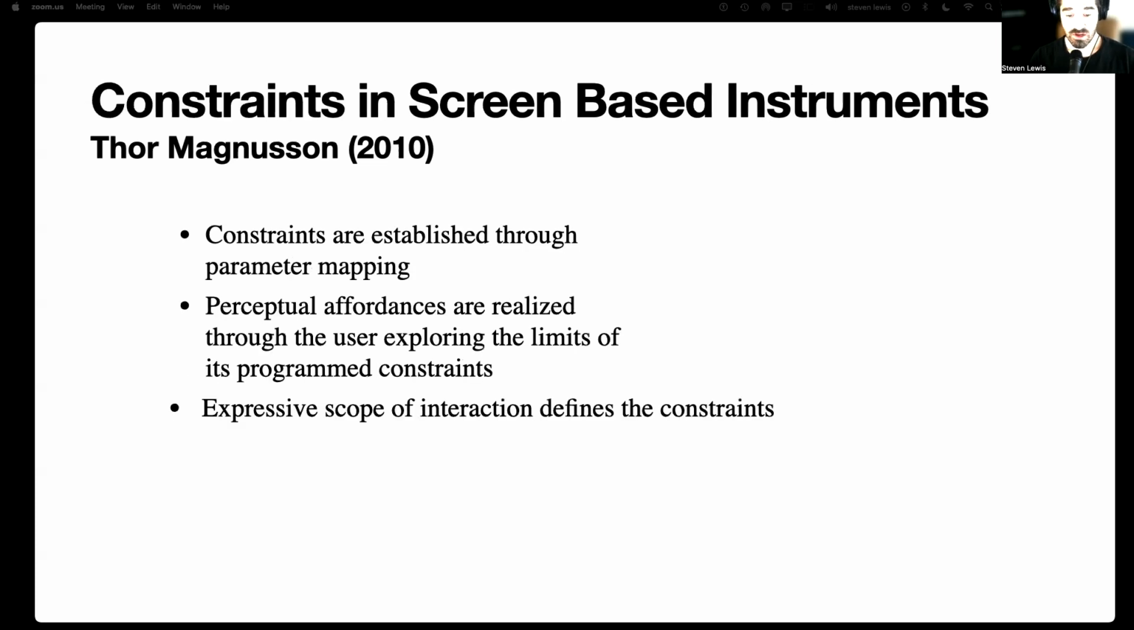necessity. So in digital design, the counterpart to the affordances realized to the user are system constraints built by the programmer. Constraints are established through parameter mapping, and the perceptual affordances of any system are realized through the user exploring the limits of its programmed constraints. Similarly, the physical and design constraints of any musical instrument define the way in which musicians can physically interact with its material dimensions. The expressive scope of this interactivity defines the constraints, which in turn reveal the affordances in any